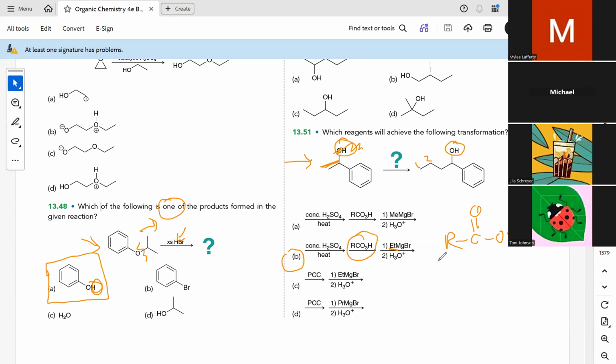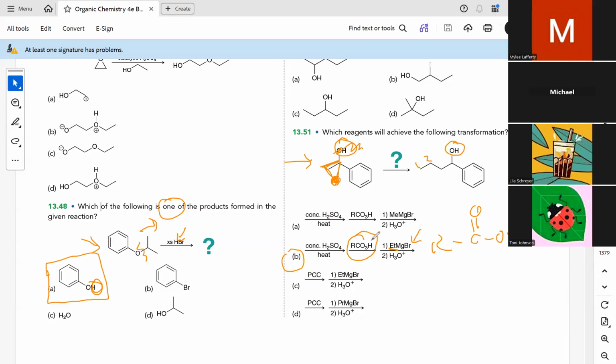Actually, I think I drew the R group. Sorry, I'm getting hung up on my drawings, but this is my peroxy acid, similar to MCPBA, metachloroperoxybenzoic acid. Regardless of what the peroxy acid is, we're going to end up with an epoxide intermediate at that site. And when I react that epoxide with ethyl magnesium bromide, so a Grignard reagent, and an acid workup,